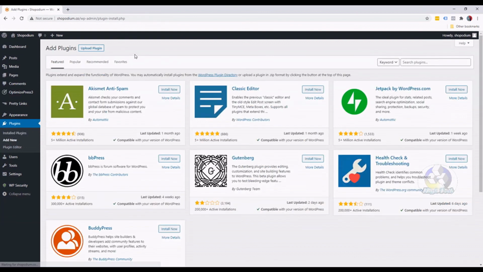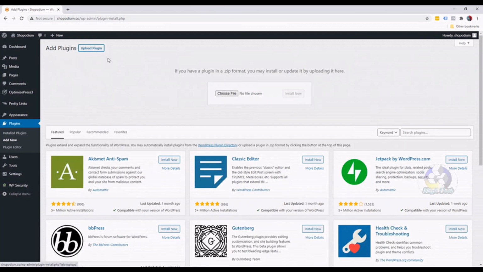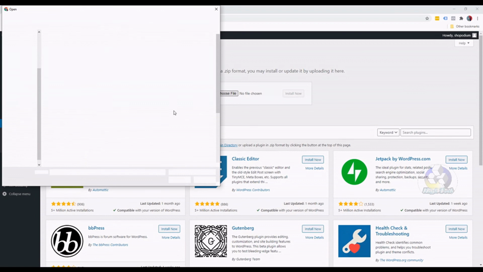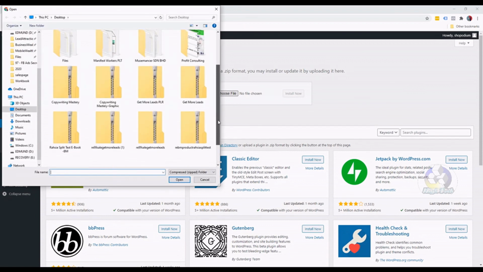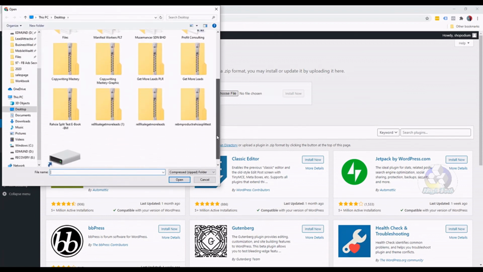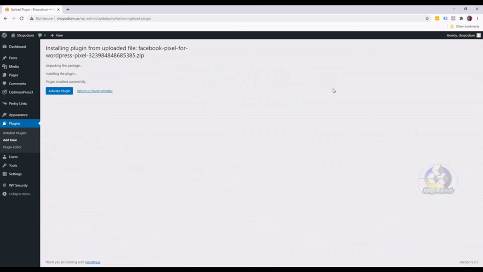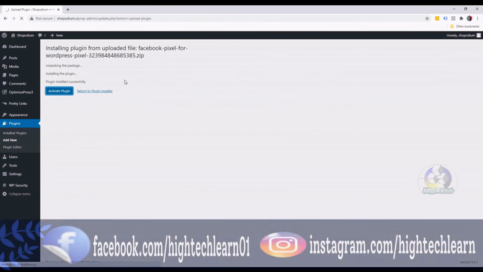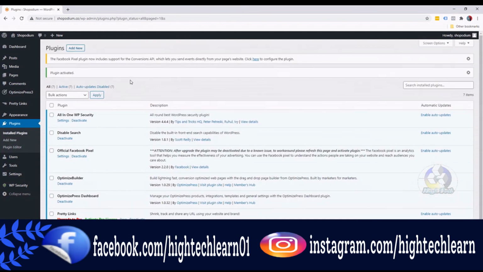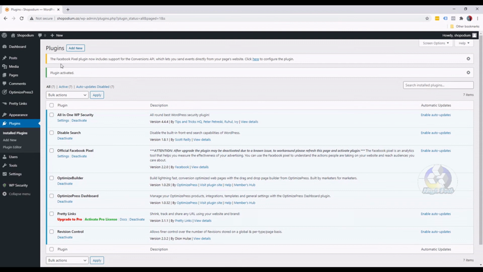Again, you have to be logged into your WordPress website. Okay, if you're using WordPress, this is exactly what you're going to do. We'll click on upload plugin, choose a file, and we'll select the zip file that we had just downloaded. Okay, and then we'll click on install now. This will take several seconds, and we are somewhat done. Okay, all we need to do is click on activate plugin, and yeah, that's it. Okay, the Facebook pixel has been installed,